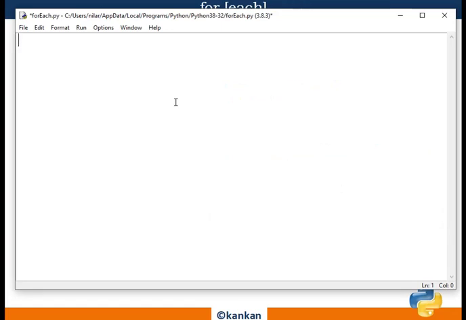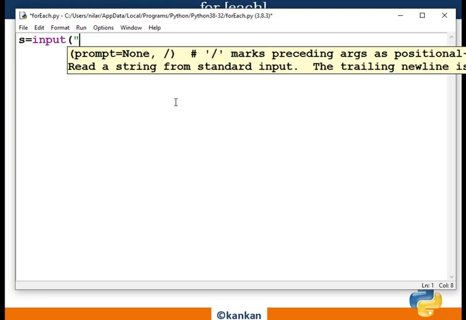What is the purpose? First, a string will be inputted by the user, so you need to store this string in a variable. S is the variable which will store the value.